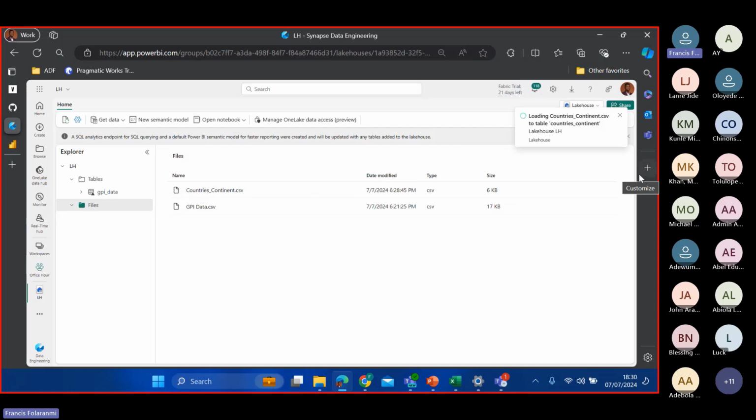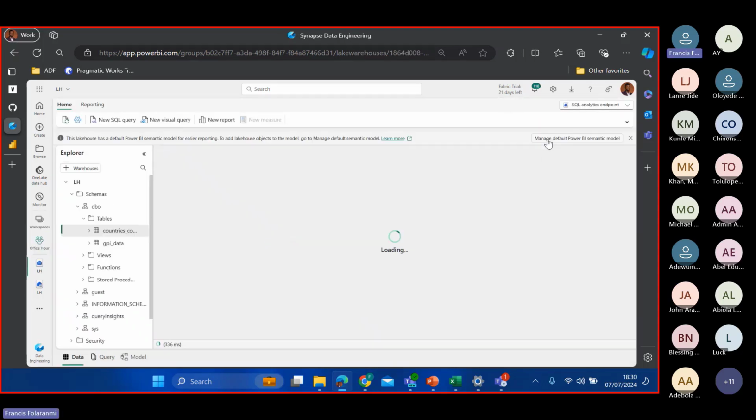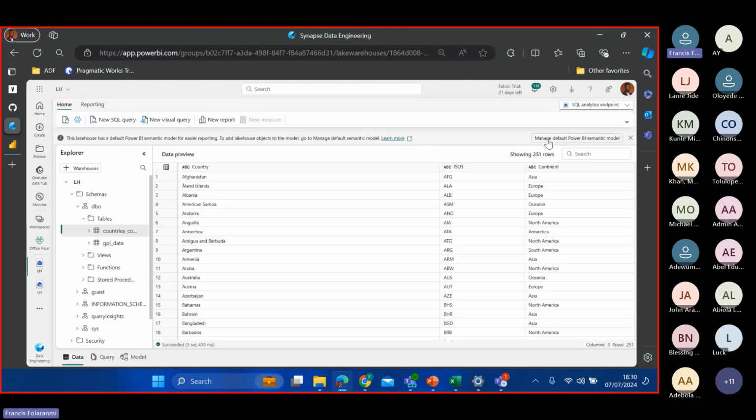So once the data is available, I know that I can access my data either from the lakehouse itself or even from the SQL endpoint. So this is also loaded for me. Here I can switch between my lakehouse view and my SQL endpoint view. Before I go into the transformation proper, I want to quickly show us something around this SQL endpoint.